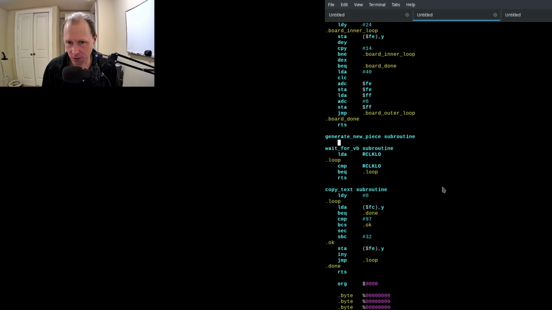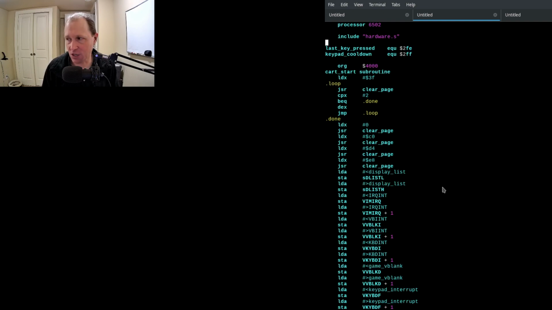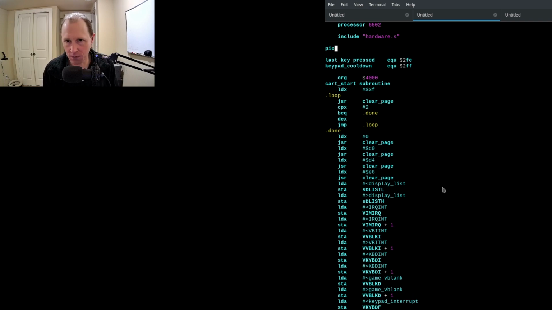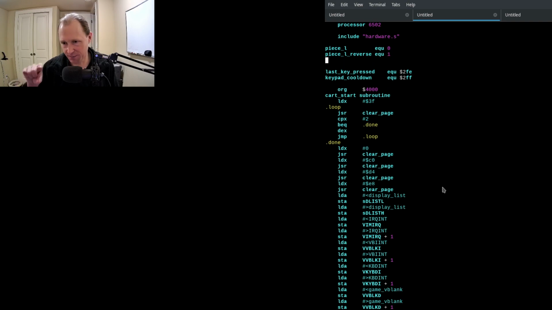How are we going to generate a new piece? Well, there are 7 different Tetris pieces. So I think the first thing we should probably do is come up with some sort of identification for these 7 pieces. So we're going to come up with some constants here, all right? So first piece is the L piece. So we'll call it piece L. And we'll give that a code, we'll say that is piece number 0. That's always the first one I think of. Then there's the reverse L piece. So piece L reverse equals 1. Then there's the,